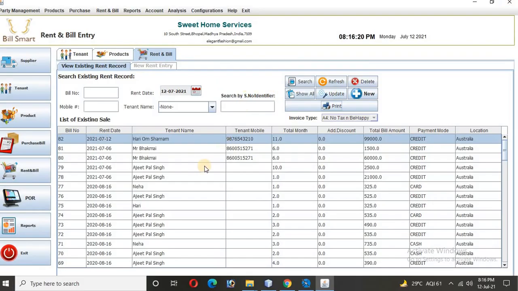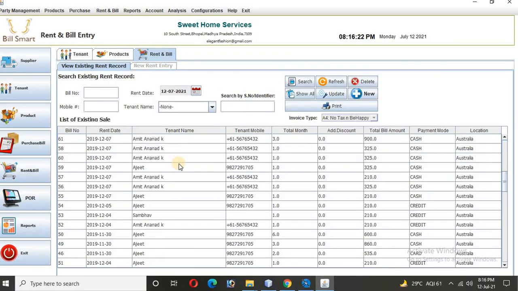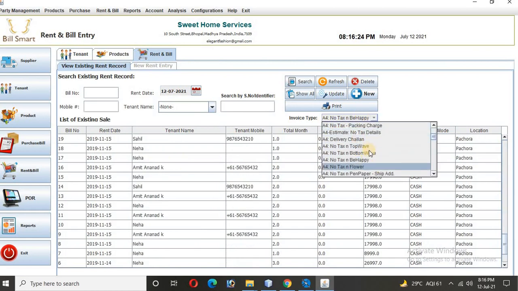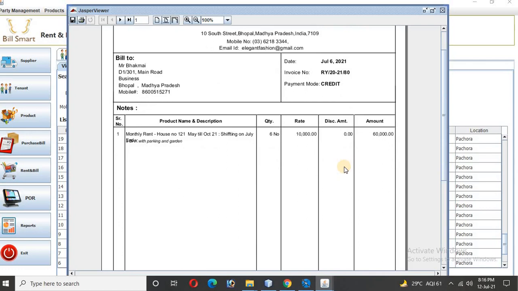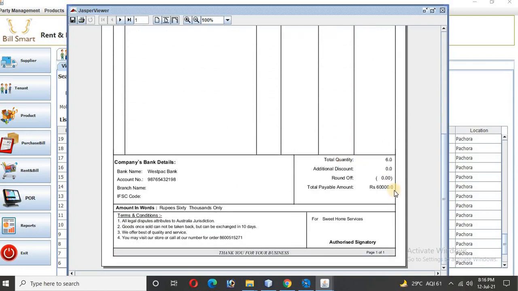So I'll close this out, and this way we will have any other. Let me show you another one. That's a plain one, say for example tax details, no tax details. So this is another one which also has a discount, if you are giving any special discount, so we can add a discount up there, and then the total value.